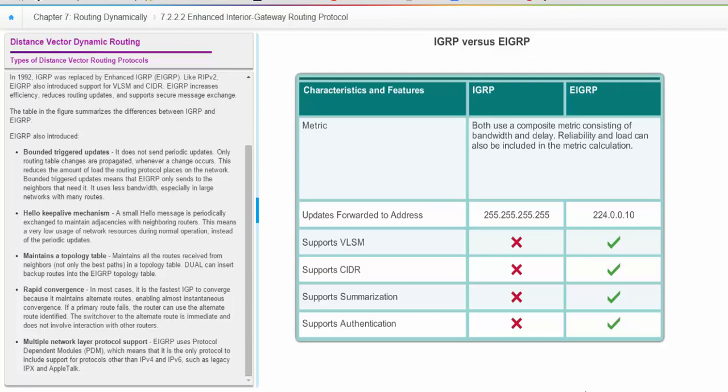It maintains a topology table. It maintains all these routes that are received from its neighbors, not only the best path, it keeps up with all of them, in a topology table. And DUAL can insert backup routes into the EIGRP topology table. It has rapid convergence, and it has multiple network layer protocol support. So EIGRP uses protocol dependent modules, which means that it is the only protocol to include support for protocols other than IPv4 and IPv6. It can support IPX and